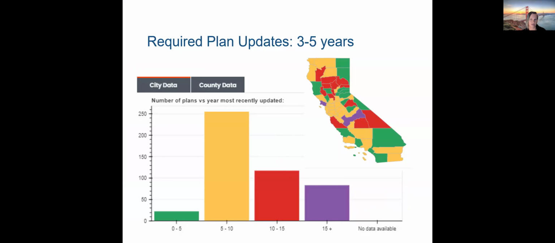This database also allows us to track where plans are up to date. Frustratingly, even though comprehensive plans are required to be updated every 3 to 5 years, there are many jurisdictions that are not up to date. So this allows advocates who care about moving the needle on planning to push for plan updates. So let me ask you all, just for fun, how many plans,